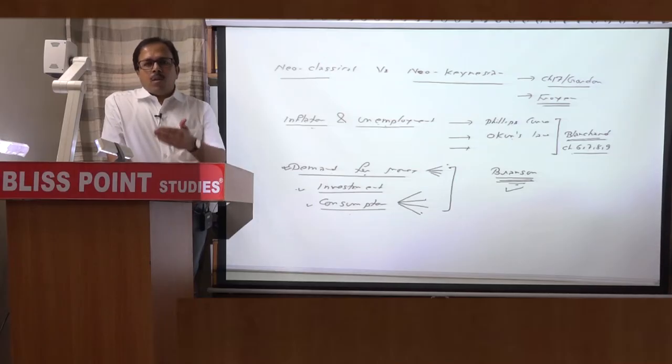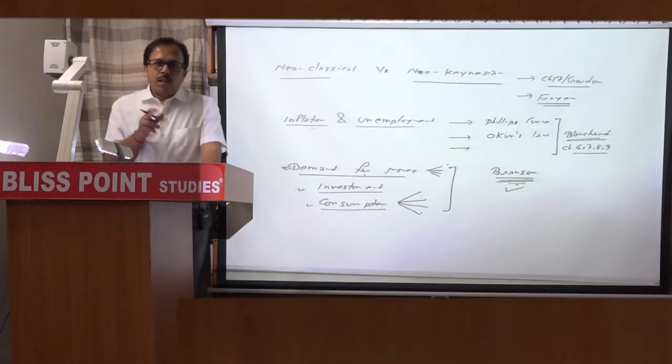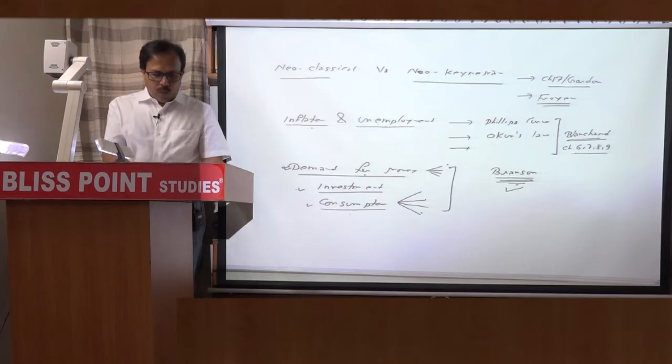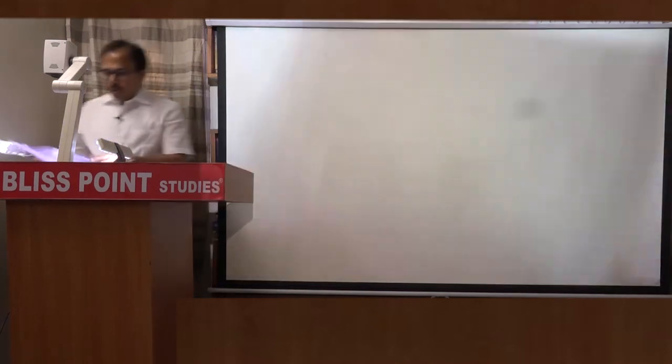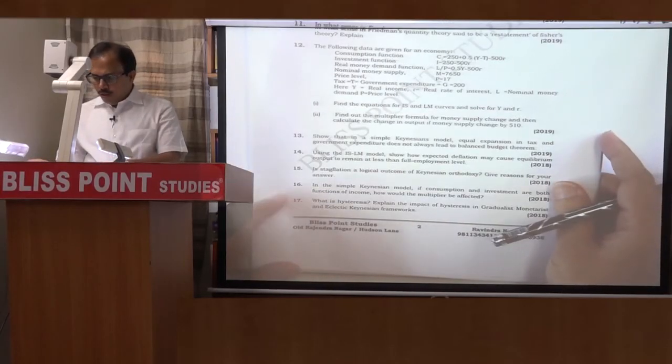But the question was modified. In all the books we assume that consumption is a function of income, but investment is autonomous. But the question was: what will be the impact on the multiplier if consumption and investment both are a function of income? If both are a function of income, then what will be the impact on the multiplier? Those types of numerical and applied questions you must be able to attempt in the exam. So I think this was a question in 2018,